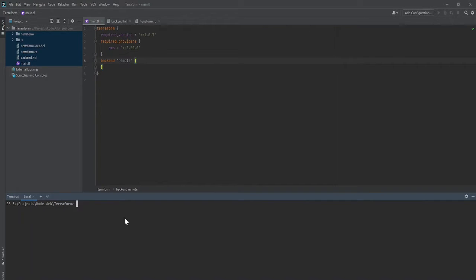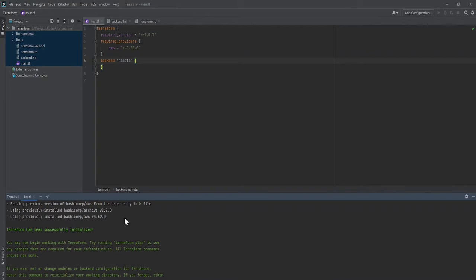The first command is terraform init, which is used to prepare your working directory for other commands. Basically, it downloads the required providers. It prepares the working directory as per the settings provided in the Terraform block. So once you run terraform init, it will let you know the CLI is quite smart, it will tell you what steps have to be taken further.